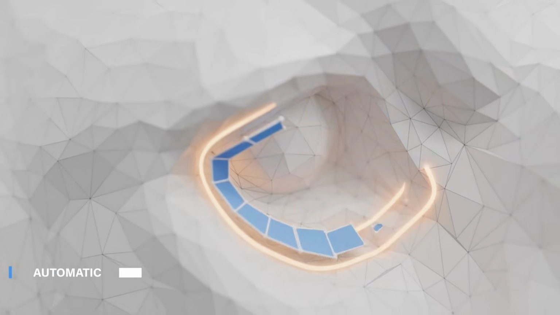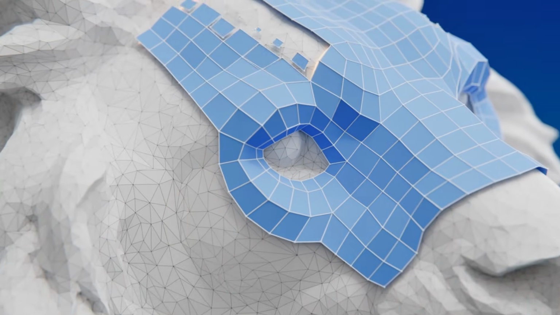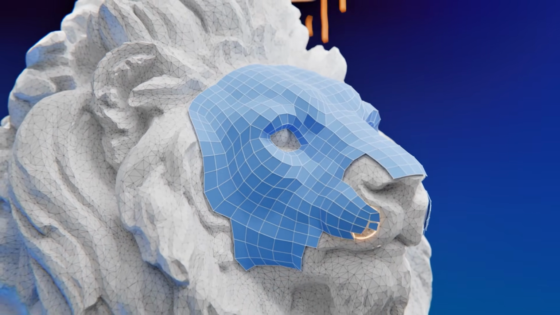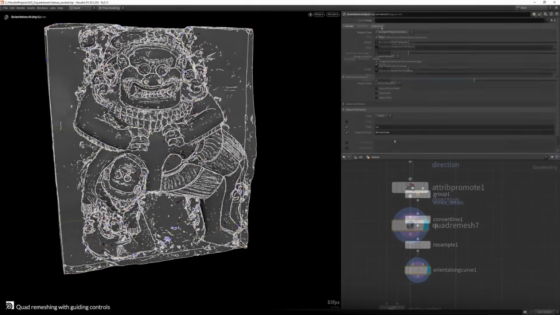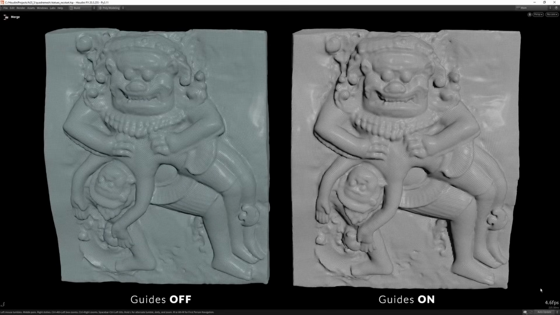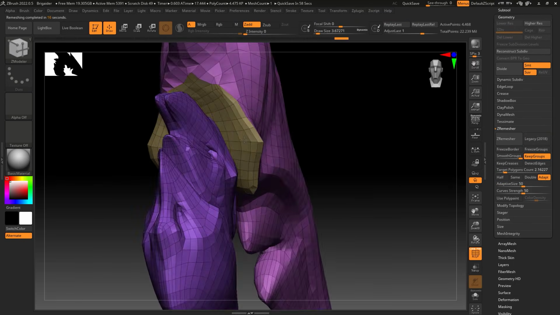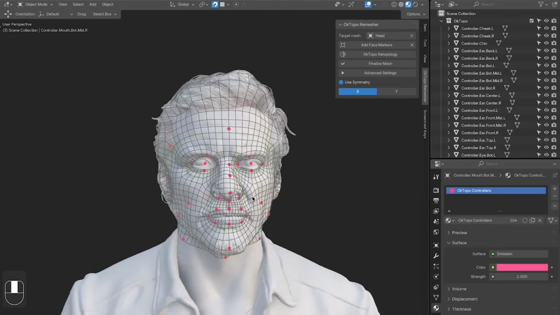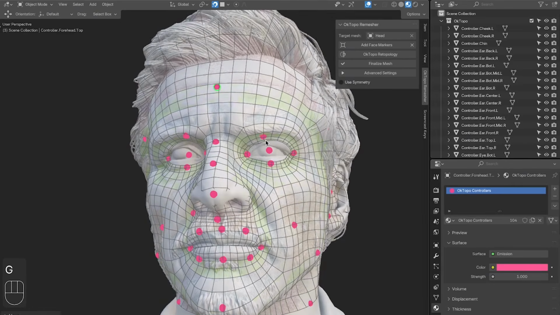On the other hand, retopology used to be one of the most tedious parts of the 3D workflow. So after sculpting a high-resolution model, for a long time, 3D artists had to manually rebuild clean topology, especially for animation and game engines. This process could take hours or even days, depending on the complexity of the model, and over time, it can get boring for many. Today, many tools include automatic retopology systems that generate clean topology with minimal input. Programs like ZBrush, Blender, and other sculpting tools can analyze the shape of the model and produce animation-ready topology automatically. You can still refine the result, but the heavy lifting is done by the software, saving a massive amount of time.